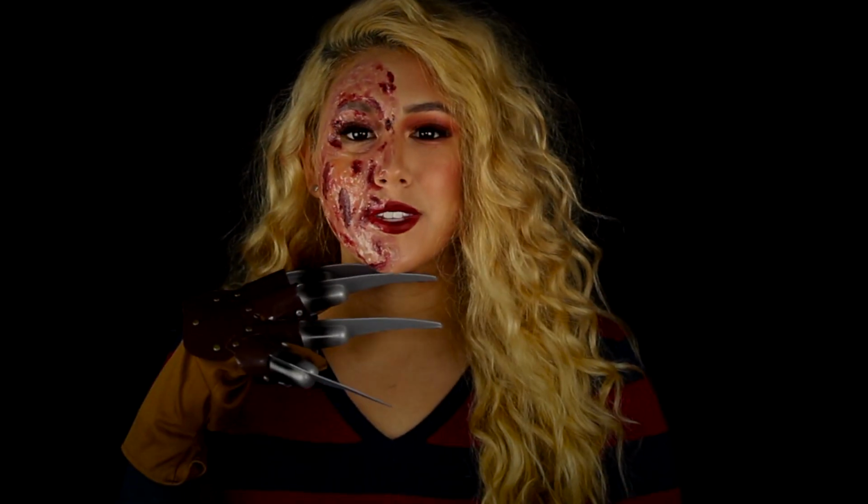Today's the last day of Halloweek, and I really wanted to go with Miss Freddy Krueger. I love the Nightmare on Elm